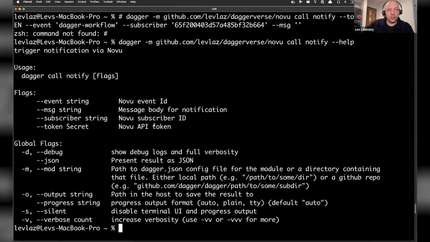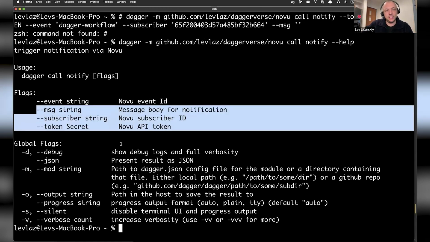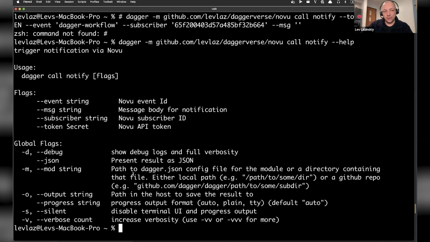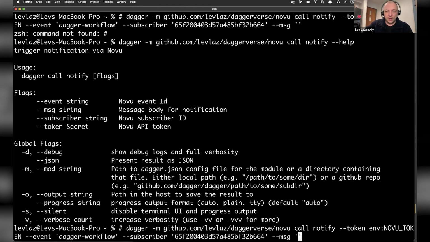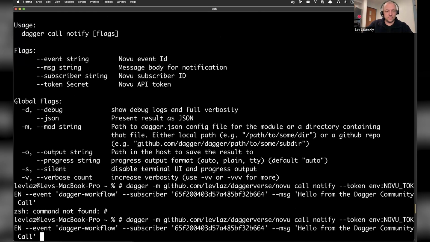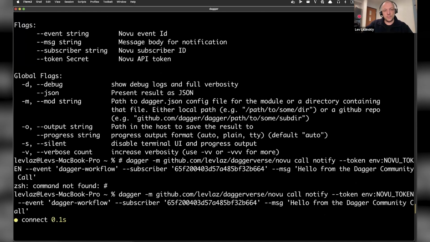This particular module takes 4 parameters, and these are all Novu specific things. There's an event ID, the message I want to send, subscriber ID, and then of course my API token. I have a pre-typed version of that here. And we'll just say hello from the Dagger community call. And this will fire off the notification